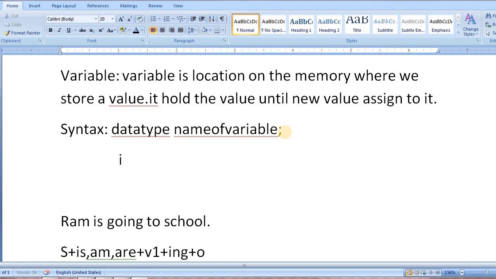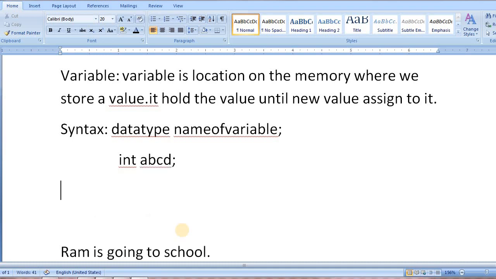You can choose any one data type here. Int, I is small. Int, and the name of the variable is according to the identifier rules. Means it cannot start with a digit, cannot leave a space, reserved words are not used, like this. That we have already discussed. So int ABCD. Int is the data type. The name of the variable is ABCD. Now it's clear.